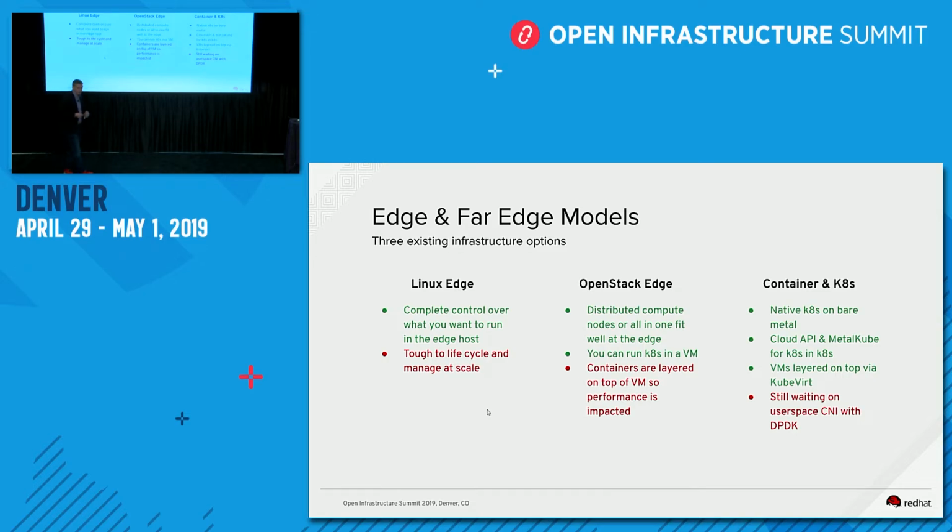But the cons really for Linux, when I first thought about Edge, I'm like, yeah, Linux is a perfect fit for Edge. But then you start thinking about, okay, day two, how do I upgrade? How do I do lifecycle? How do I support it? What if there's an outage, right? So these things were all coming into mind. The toughest one was the lifecycle and managing the scale. If you've got 100,000 Linux machines out there, how are you going to manage them? Why not take advantage of something that's built by the community like OpenStack or Kubernetes?